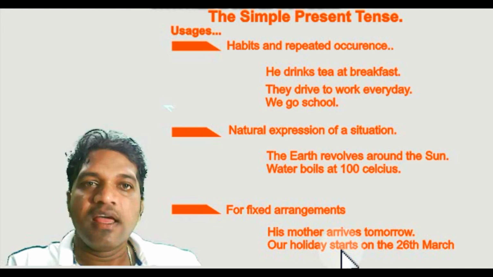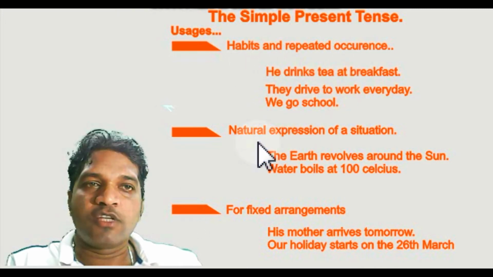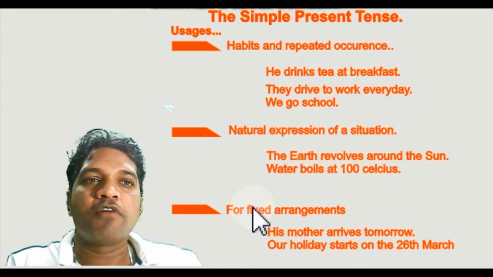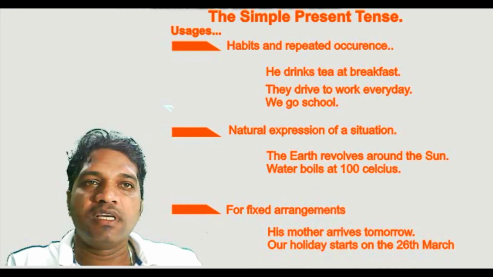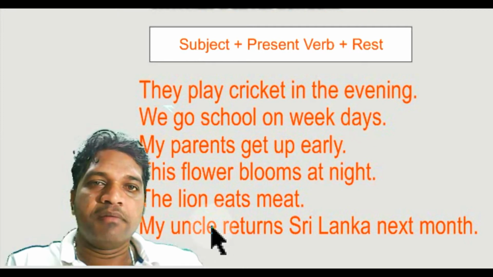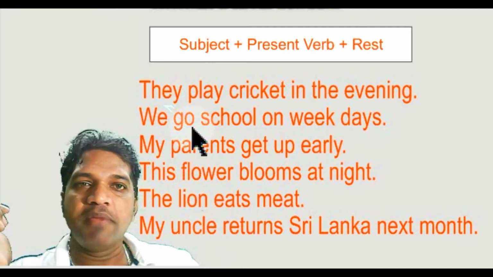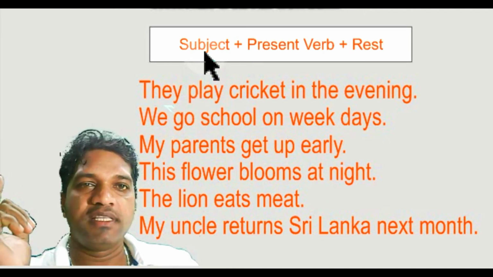Can you understand? Now I think you have a good idea what the uses of simple present tense are: to tell about our habits or repeated occurrences, to tell about natural situations, or a fixed arrangement. Right. After we learn these uses, let's see how to make a simple present normal sentence. Everybody understand, when we make a simple present normal sentence, this is the formula, this is the structure we want